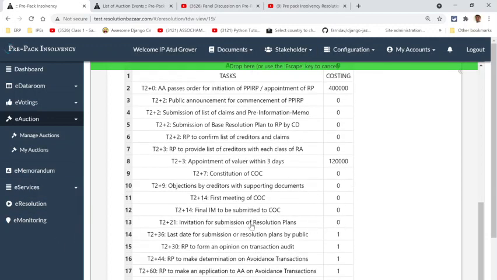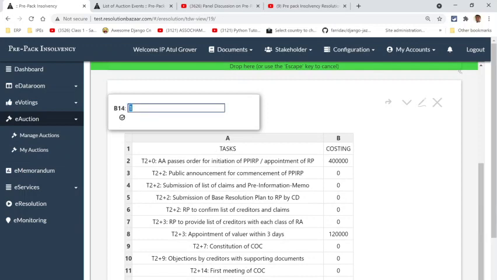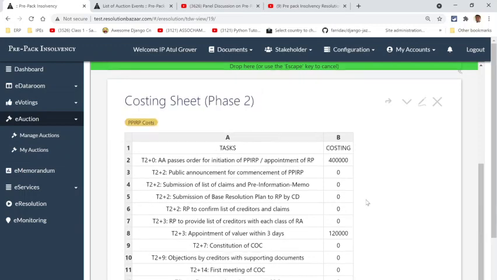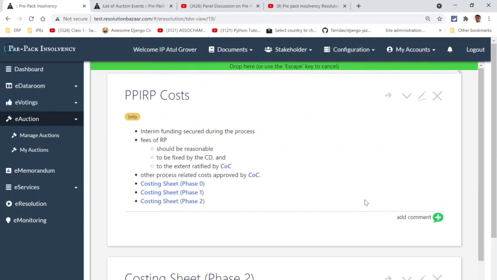Constitution of CoC, okay, we've gone. Invitation is fine. Last day for submission, again, it doesn't cost us anything. And the resolution plan preparation will be done by the resolution applicants themselves. Now, resolution applicants, the way they can prepare a plan, what you see here is a digital worksheet.